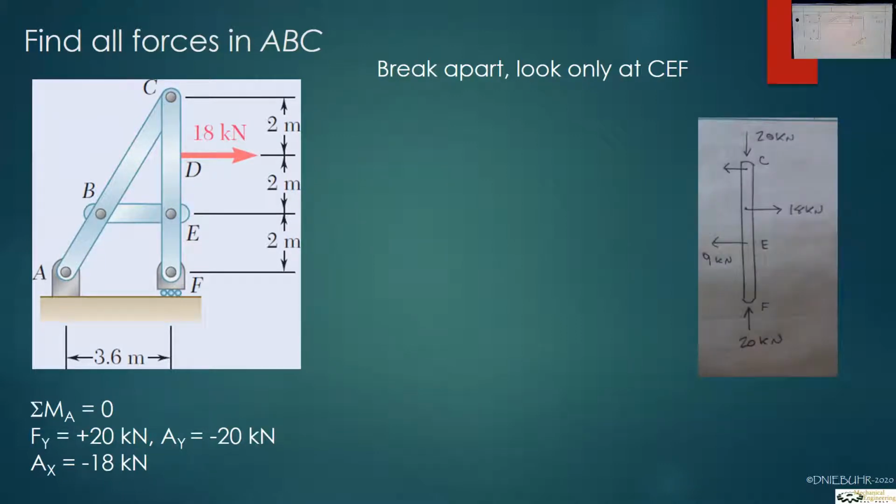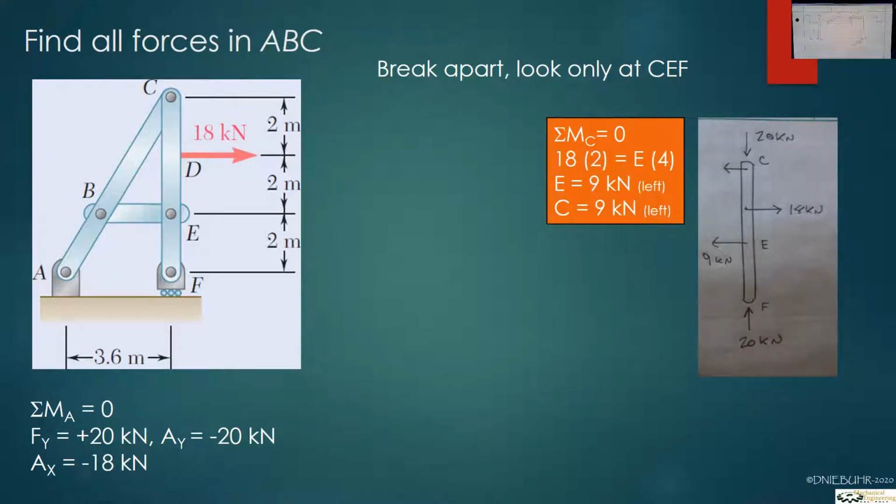So now if we take the component apart, let's say we take apart CEF as I've shown. Now how did I get this? I've drawn the forces, but let's walk through the process. When I started with taking that piece off, I had a force in the X and Y direction at C. I had an 18 kilonewton force going to the right,